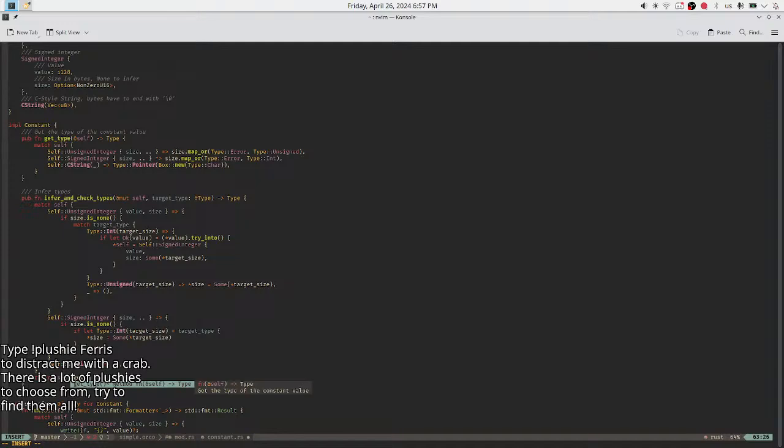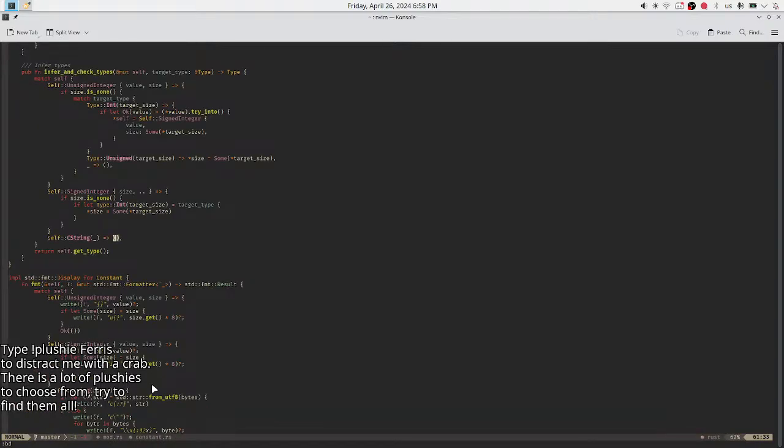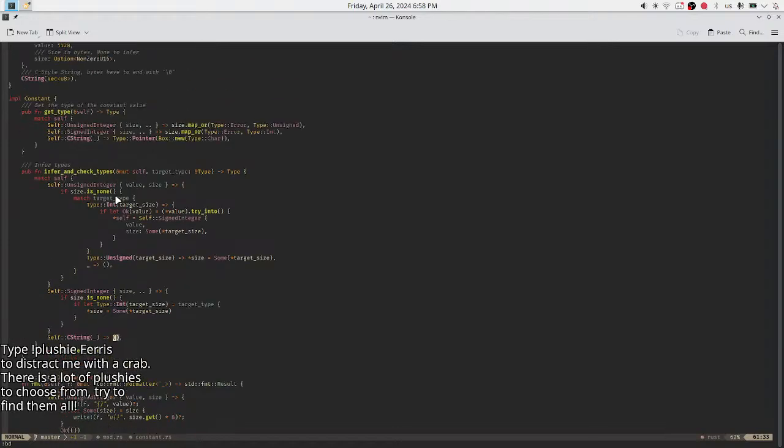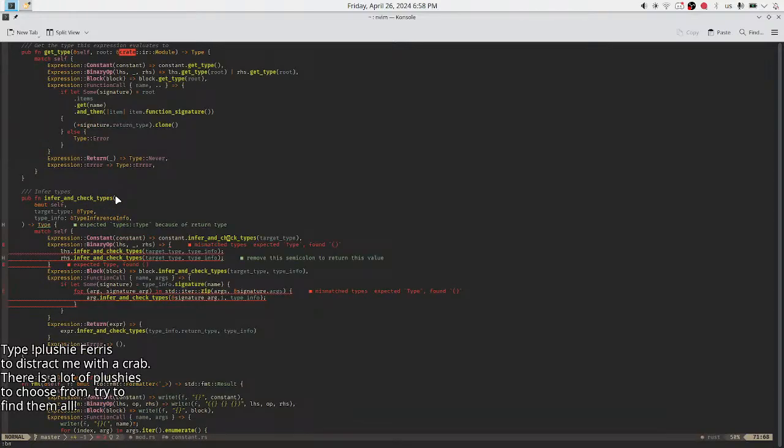Get type extra call won't be much of a deal. Okay, and actually I can already do some stuff here. So C string, for example. Okay, let's actually make it compile. So constant.